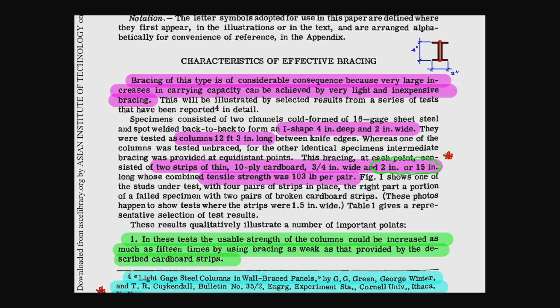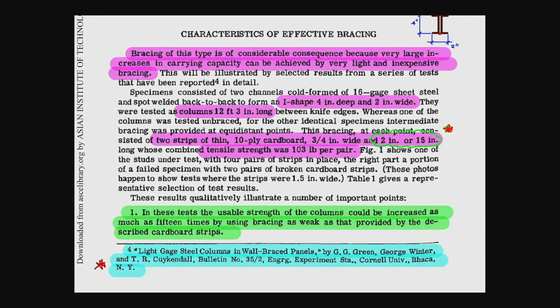Okay, so that's why they form up the cross section by using the cold roll, and the intention is just to study something which is light enough and will not need so much bracing force. You will see how the bracing was carried out in a bit, in this moment actually. So the specimen, which is very slender and pretty light, was tested as a column, and the support is